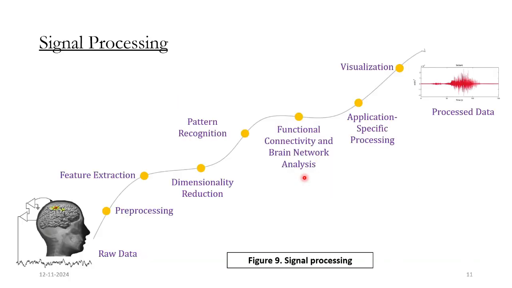Now over to Saloni. So this diagram outlines the signal processing conducted from the ECoG raw data acquisition to the ultimate processed data. First, the raw data is collected by continuous monitoring of the patients, followed by pre-processing where the removal of artifacts and other noise is performed. Then in the feature extraction step, different waveforms are extracted depending on the bandwidth frequency of the different waves, followed by a dimensionality reduction technique, particularly PCA, followed by pattern recognition and functional and connectivity brain network analysis.